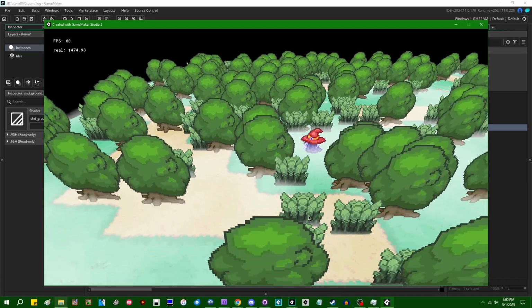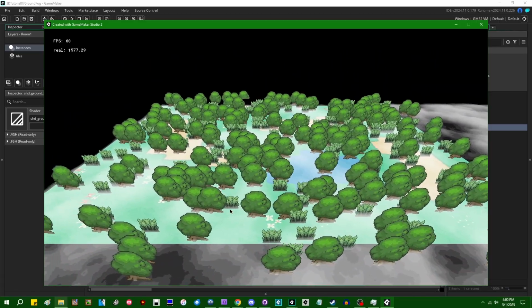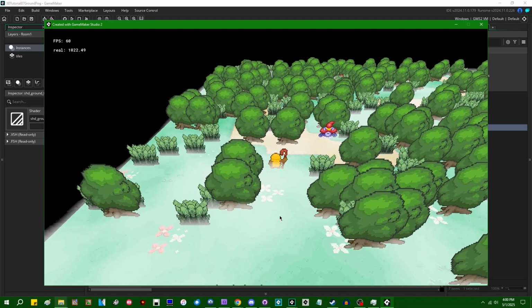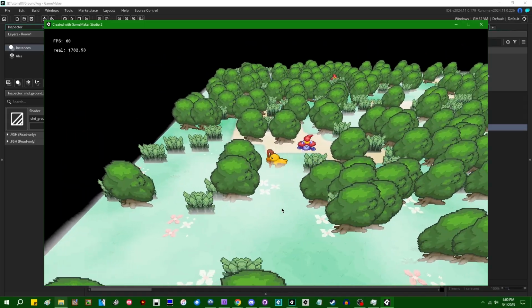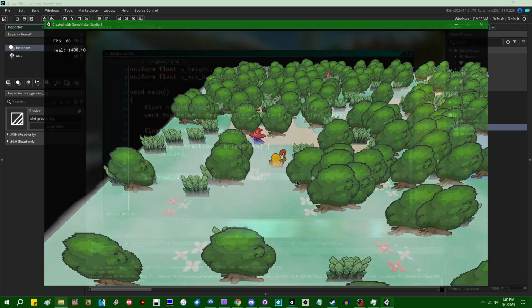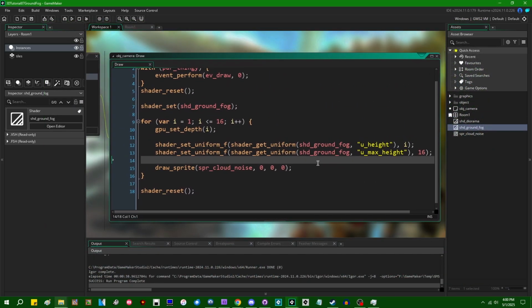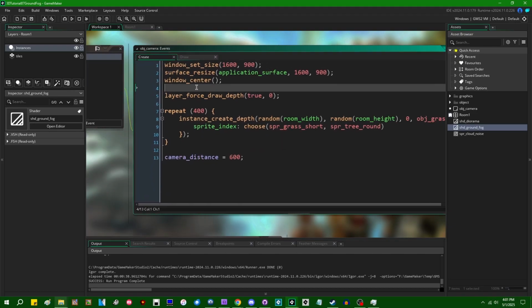If I were to walk through, let me try and find a section where it's a little bit more dense. How about down here? It definitely looks like I'm walking through a thick bank of fog or something like that. So maybe 0.1 in this case is not opaque enough, a little bit too transparent. But there's a lot of values that we can mess around with here to tune the appearance of our ground fog to our liking. So I'm going to do something that I absolutely love doing in these demonstrations, and that is going to be to create